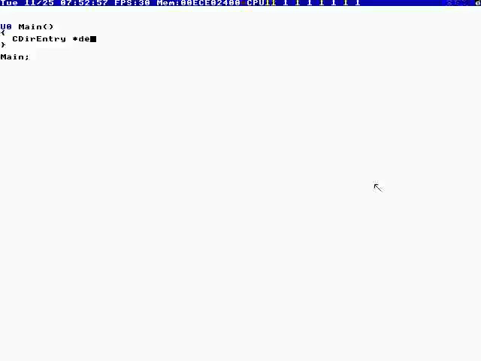Star de temp. I always use the same FilesFind. How about slash Adam slash star cpp star, that'll work. And then we can say plus r,